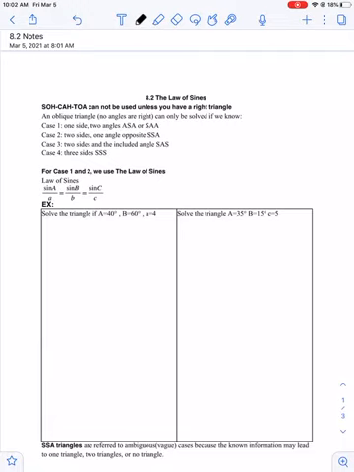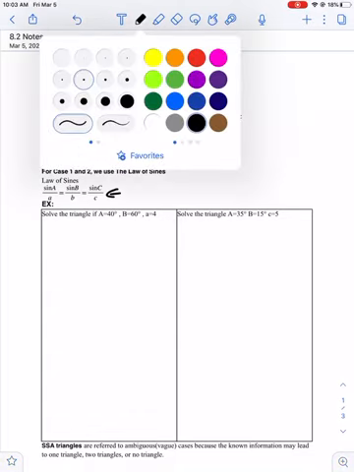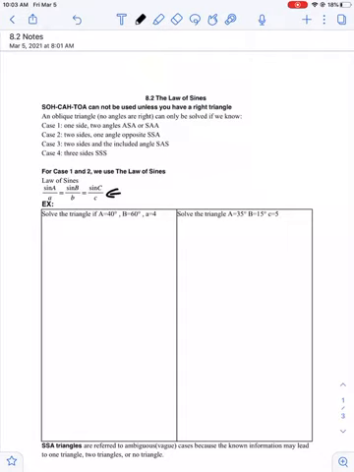The only thing special about side side angle is that if you ever have one of those, you may have 2 triangles in one. So let's look at some examples. Here is the formula for law of sines. It's just ratios. For this first example, I'm going to first draw my triangle,